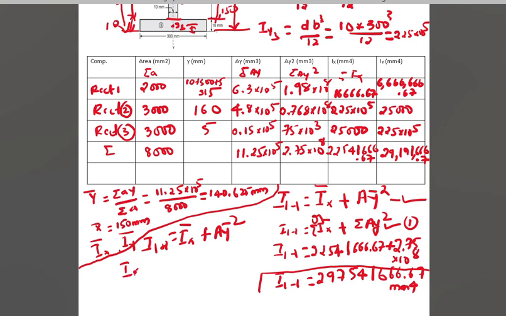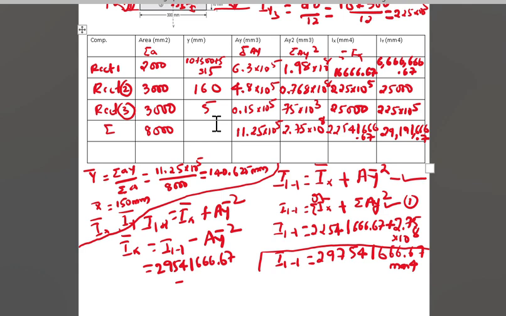So here Ix bar is equal to I11 minus A y bar square. Substitute the value of I11, 297541666.67, minus